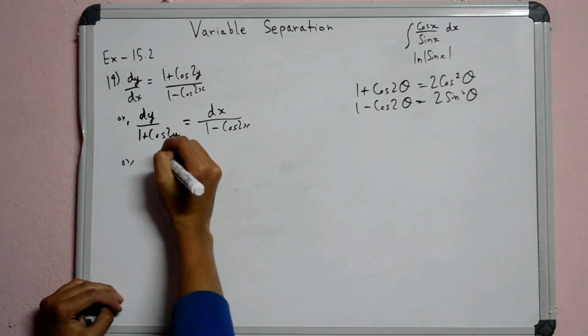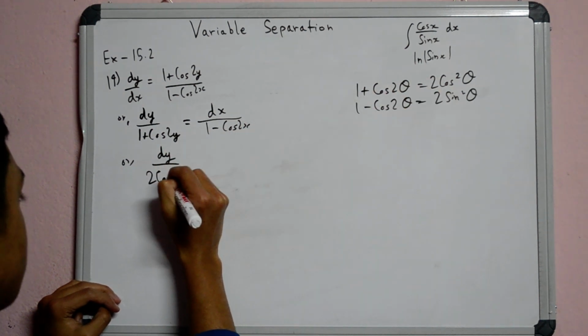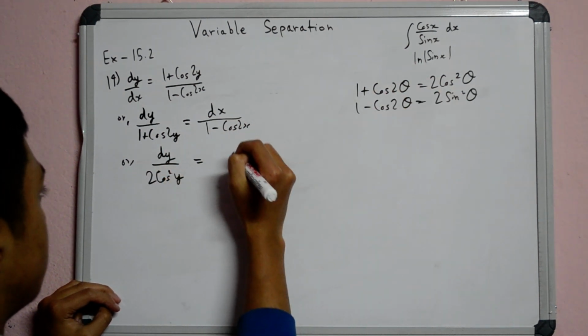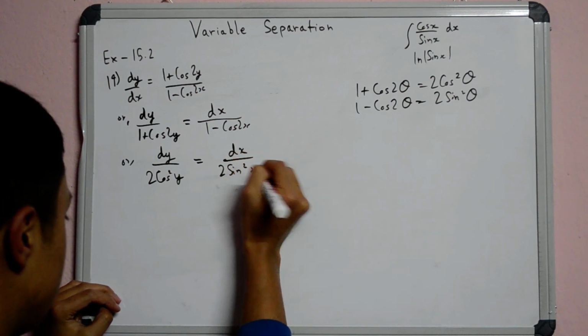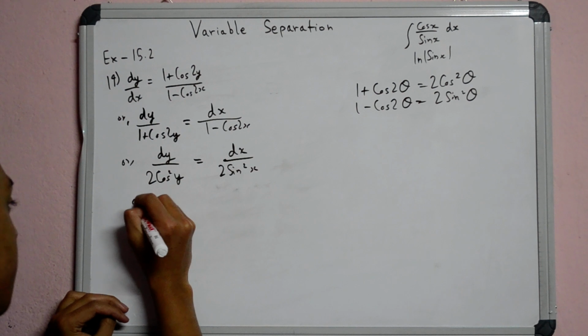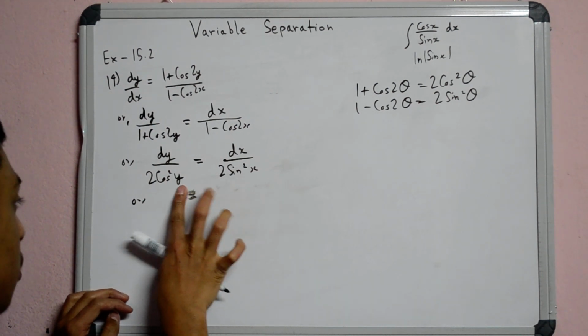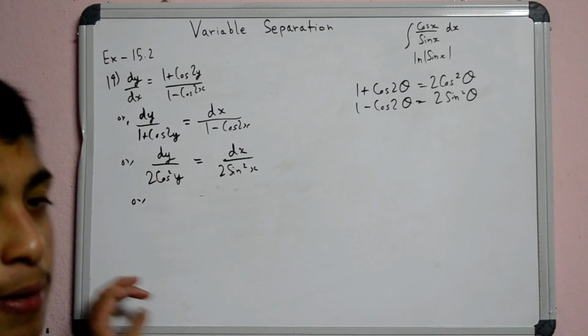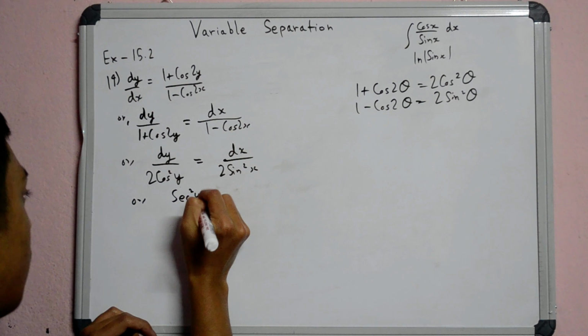So for this it becomes 2 cos square y is equal to dx by 2 sine square x, and here simply this is dy, or sorry, 1 by cos is sec, that means this is in fact sec square y dy